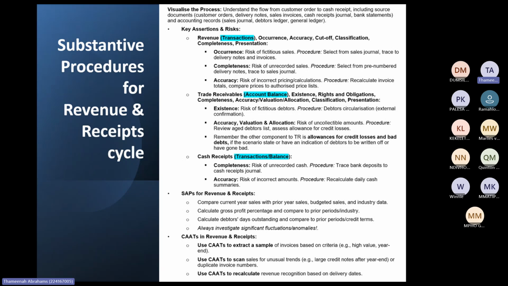The substantive procedure must tell you to formulate substantive procedures on the credit notes. Or sometimes they don't tell you that. Sometimes UNISA can tell you, formulate the substantive procedures for revenue per the information line. But then when you read the scenario, they'll tell you, this is the revenue amount, and there was a credit note of this amount. As soon as you see the scenario has a credit note, you must also provide the credit notes substantive procedures.